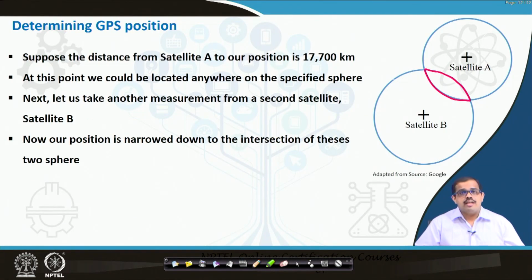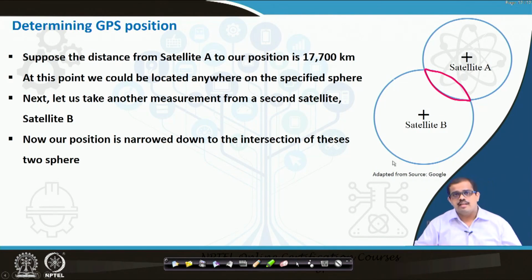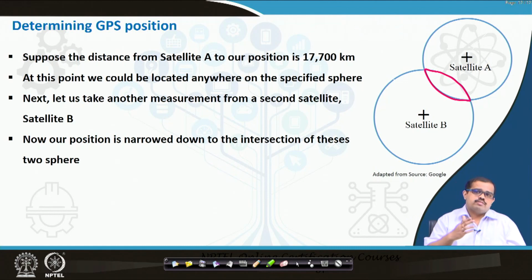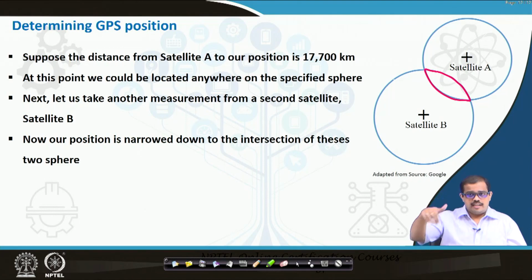So, when you are looking at determining the position of a GPS, let us say that when there is a single GPS vehicle, my position can be somewhere about 17,700 kilometers from the GPS satellite. So, it can be anywhere on the surface that it is looking at. In the 60-degree plane, it will be looking at some position. It cannot relatively give me what position that is.